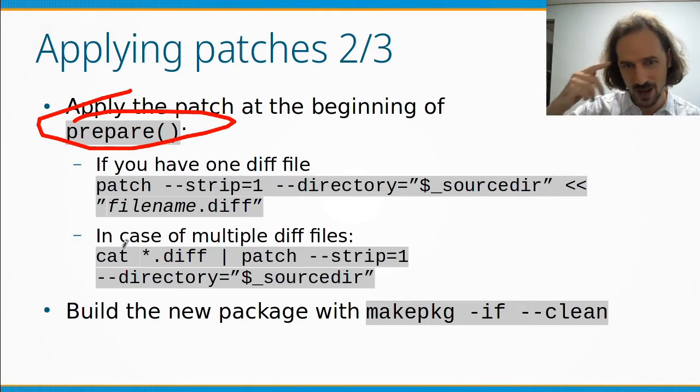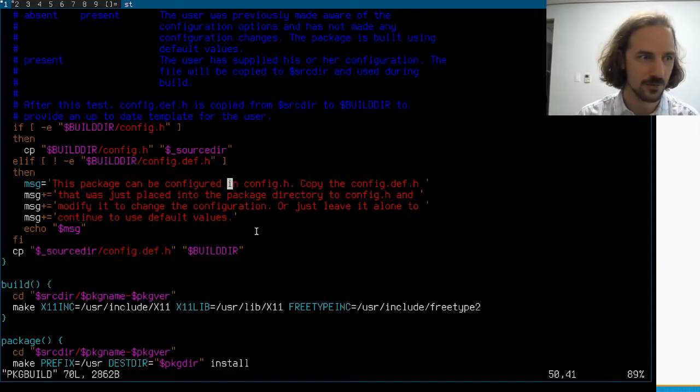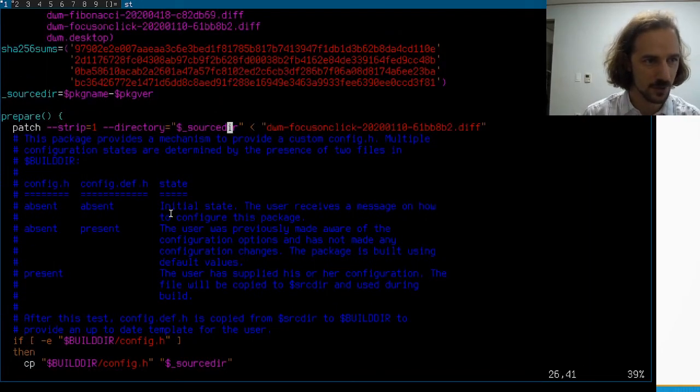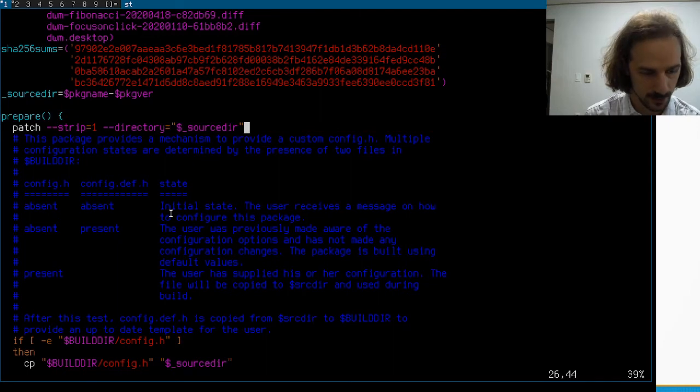This is all in my head, but this is my rationale, and also because then I don't have to type in all the diff file names separately. I can just concatenate all the diff files together and pipe them into the patch command. So I just find it more elegant, more simple, and maybe I just justified it in my head afterwards. So what we want to do is delete the end of this here, and instead of that